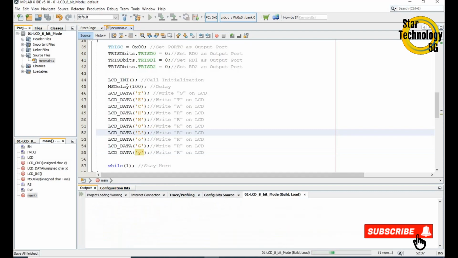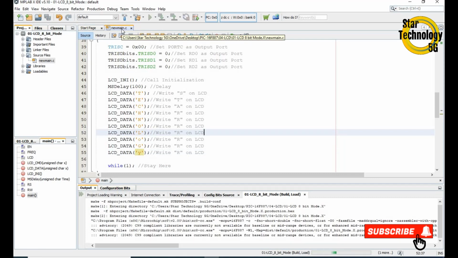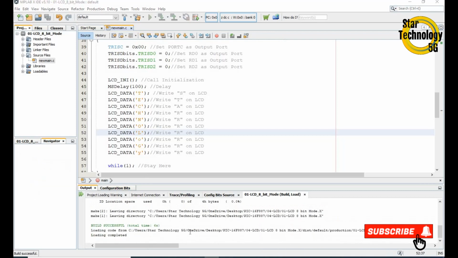Technology. Now it will write technology on the LCD. We will create its hex file. File is created.